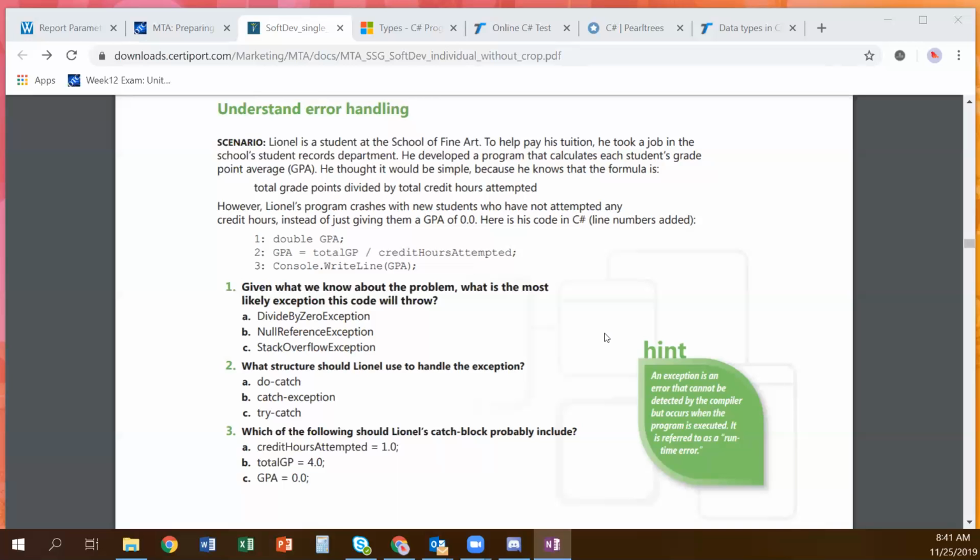here is his C# code. double GPA; GPA = totalGP / creditHoursAttempted; Console.WriteLine(GPA);